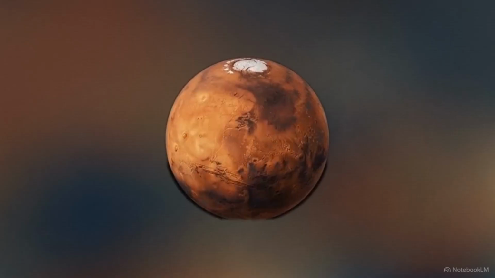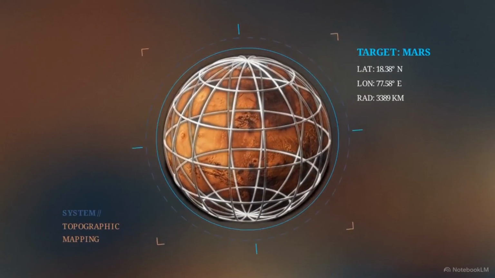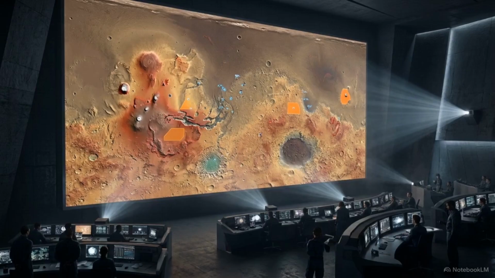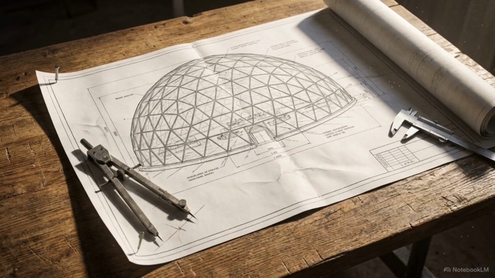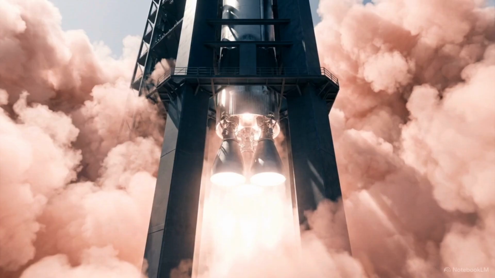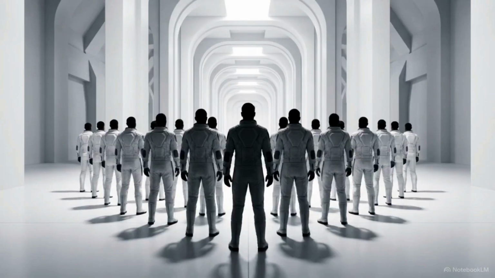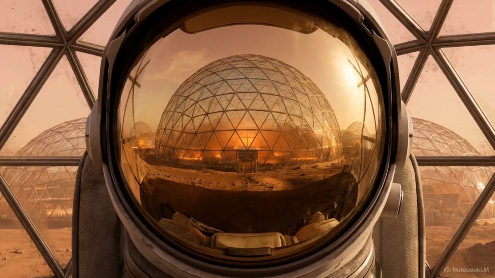Today, Mars stands as a defined, tangible engineering objective, its landscapes mapped and its challenges quantified for the arrival of the first crews. The blueprints are drawn. The technology is rapidly maturing. The generation of humans who will eventually leave Earth and walk under a strange orange sky is likely alive today.